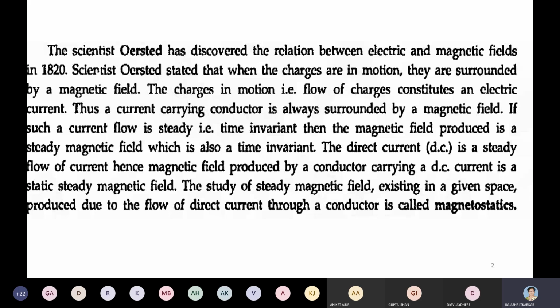Now, why do we call it magnetostatics? Statics is nothing but the current is steady, and hence we call it static. It is time invariant, that is, it is not changing with time, and hence we call it static. That is, the magnetic and electric fields are static, and hence we call it magnetostatics. So we are now studying the effect of magnetic field and electric field in a conductor or in free space, which we will be assuming in further form.